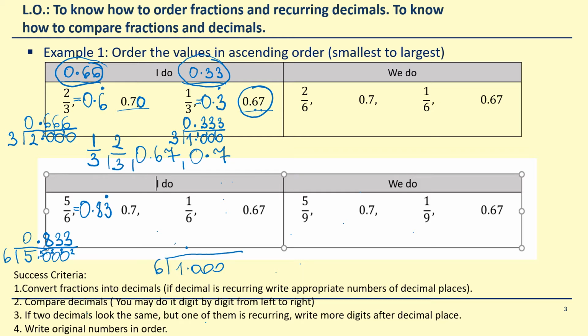6 into 1, 0 times, 1 is carried over. 6 into 10, 1 time, 4 is carried over. 6 into 40 goes 6 times, it's 36. 4 is carried over. 6 into 40, 6 times. 4 carried over. And as you can see, you can spot the pattern by now, hopefully. It's going to be